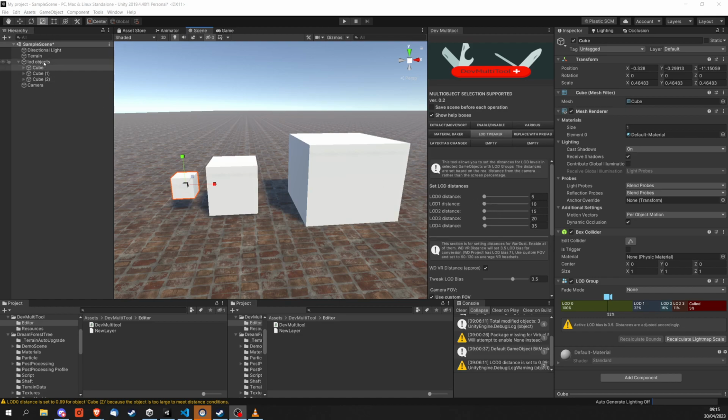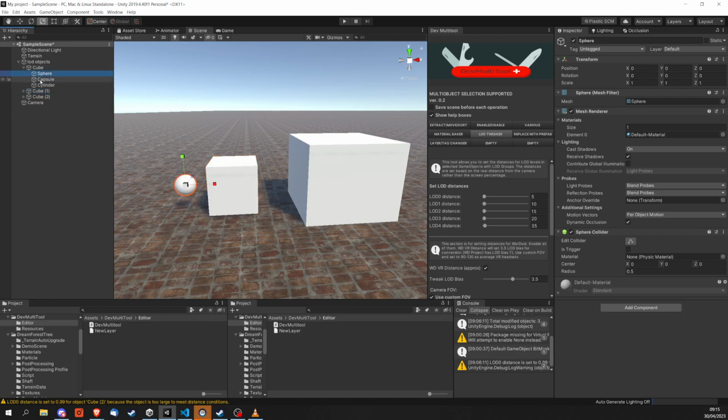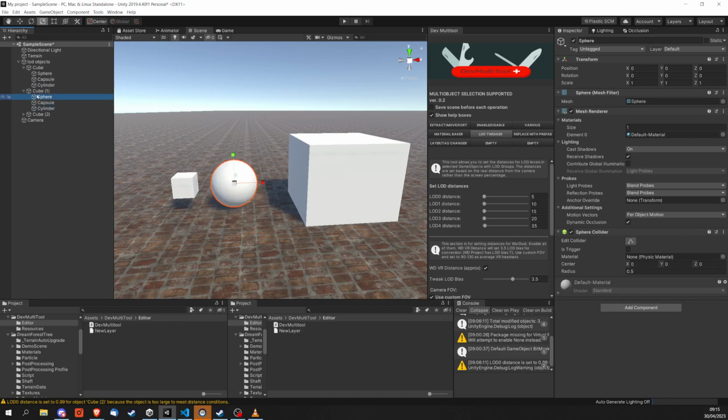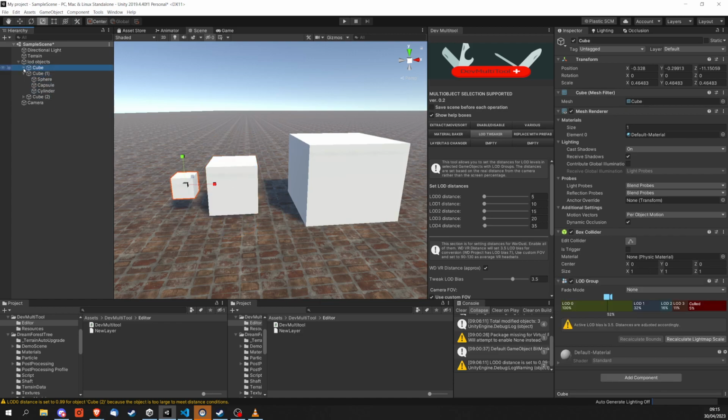So let's say I have 3 LOD objects here, 3 cubes, and they have LOD groups with a couple of LOD levels. So we have a sphere, capsule and cylinder, and each one has the same settings of LOD group. For example, LOD1 is 32%, here LOD1 is 32% as well, so they are kind of clones, but they